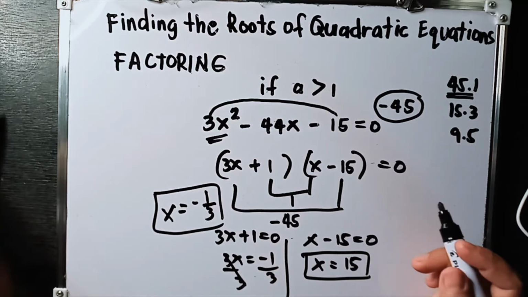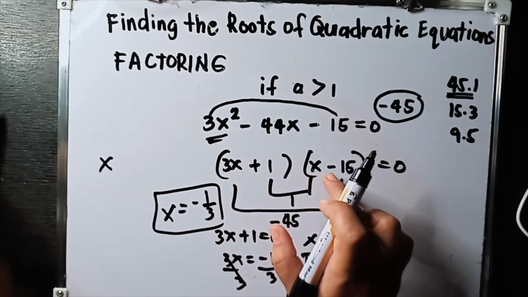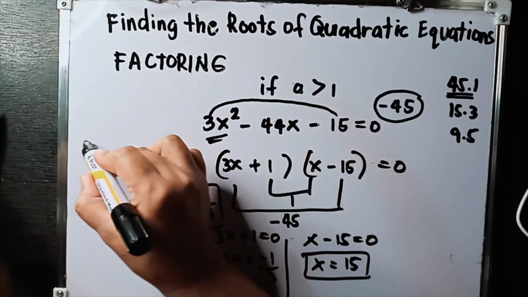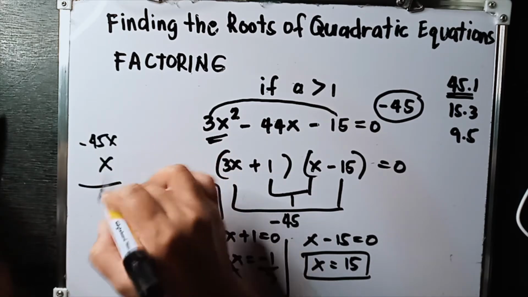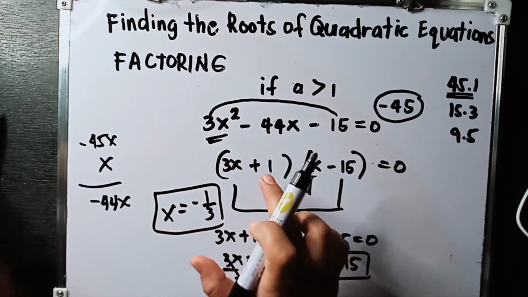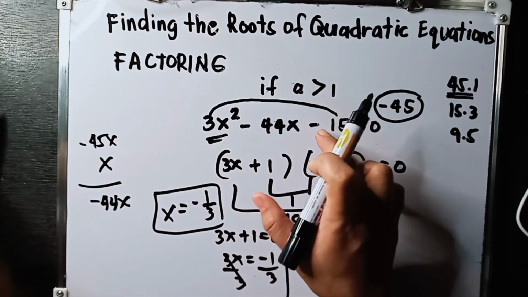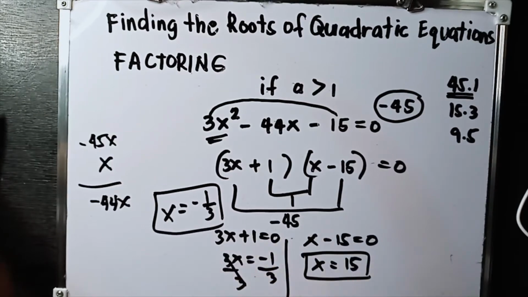Pwede mong i-check siya kasi kapag pinag-multiply mo to, 1 times x is x. 3x times negative 15 is negative 45x. Minus yung absolute value nila, or we have negative 44x. Yun yung gitna. Tapos naman dun sa last term, 1 times negative 15 is negative 15. 3x times x is 3x squared. So, we have the right factors. That's it for the review of our factoring na magagamit natin para sa ating finding the roots of polynomial